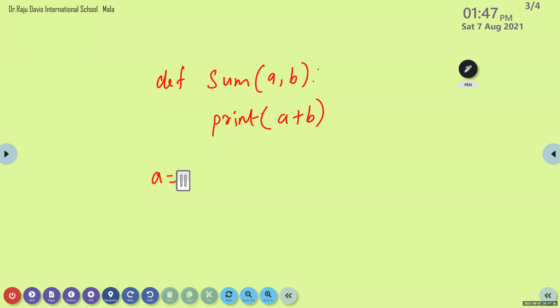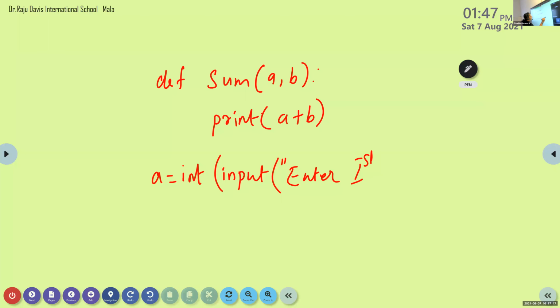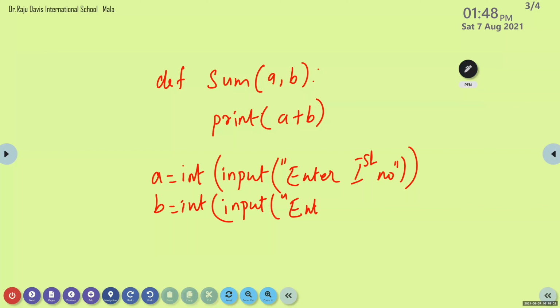Ma'am, a is equal to int, open bracket, input, again open bracket, enter the first number, then close the bracket. The same with the second one: b is equal to int, input, second number. Correct, Anish. Is it clear, Sanam? Yes, ma'am.